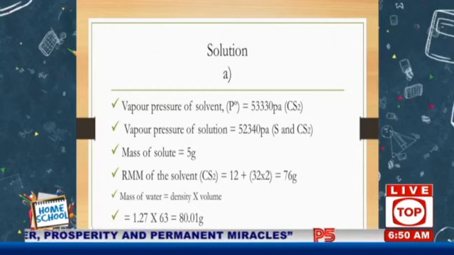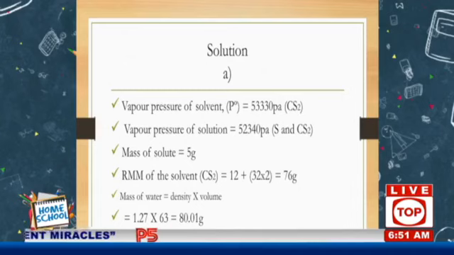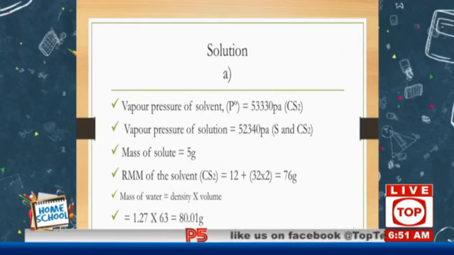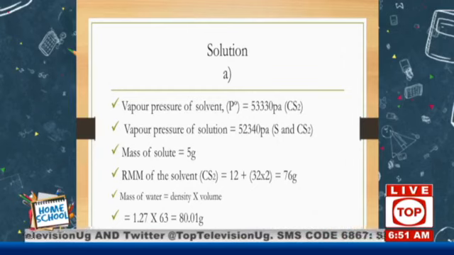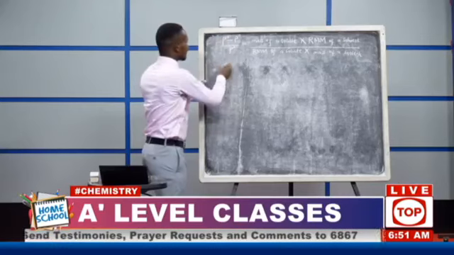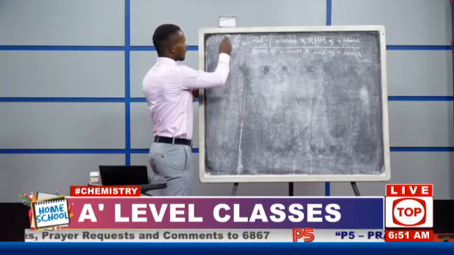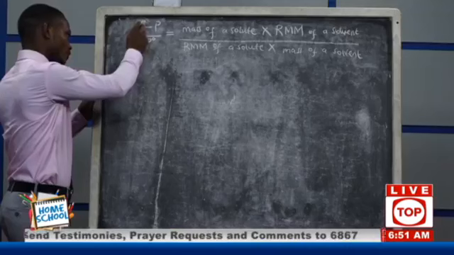To get mass, we shall be able to say mass is equal to density times the volume. If you leave alone the word water, mass is equal to density times the volume. So mass will be 1.27 times 63, which is 80.01. Once you have that one, you go straight to the calculation. Remember, I've been given